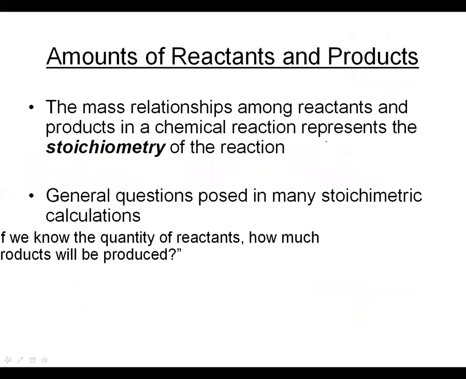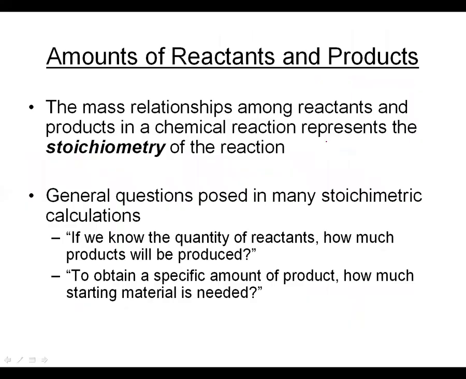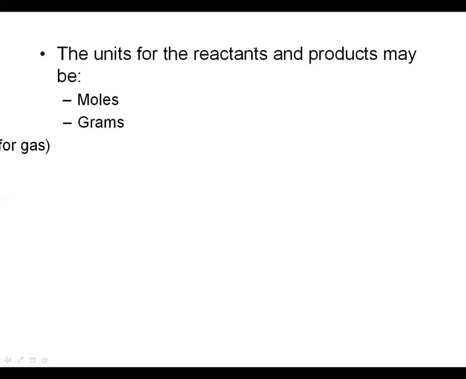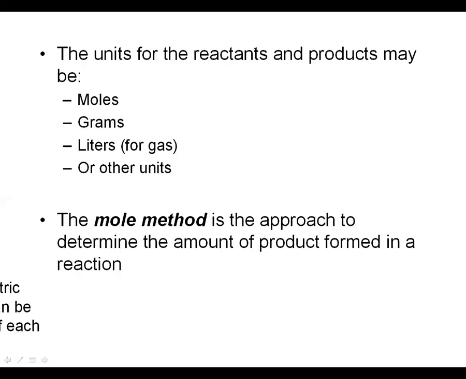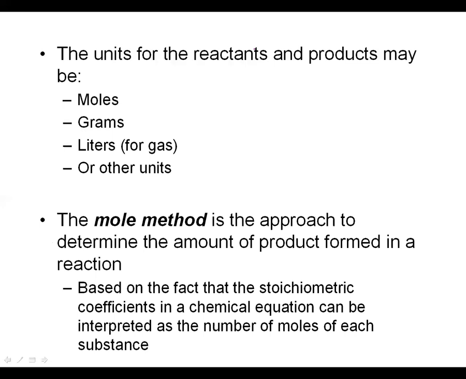So what stoichiometry does is it answers a couple of questions. It just answers questions like, if we know how much product that we made, we could do some calculations and figure out how much of each reactant that we started with, and vice versa. If we know how much of the reactants we started with, we could figure out how much product that we would make. So using that mole-to-mole relationship is essentially how we do that,